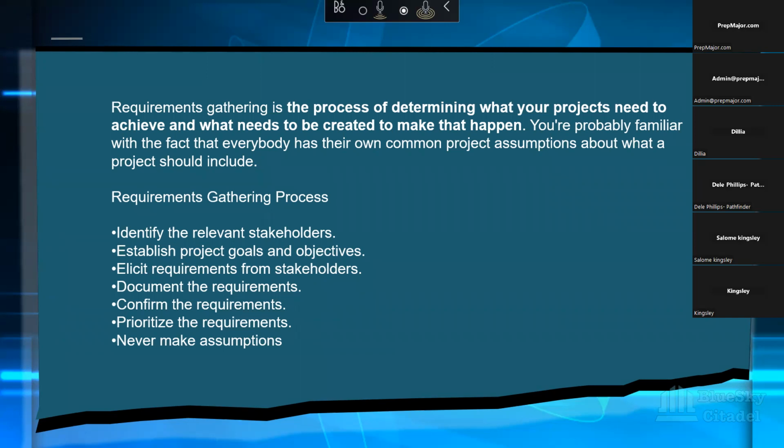Yeah. So in a nutshell, requirement gathering is the process of determining what the project needs to achieve and what needs to be created to make that happen. So we have some requirement gathering processes. The first is to identify the relevant stakeholders. This is very, very important, because